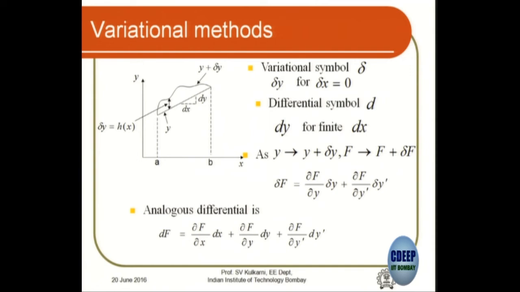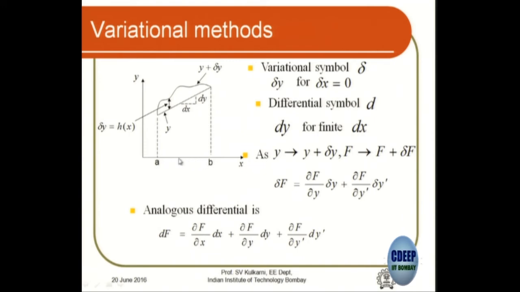Okay, now let us go. So now here this y is plotted as a function of x, right? So here you can see that this is the variational technique. So the variational symbol delta, written as del, and the corresponding delta y, for the integral of f dx is equal to 0. That means what we are doing is, this is the one dimensional geometry between a and b. So your domain is from a to b, right?